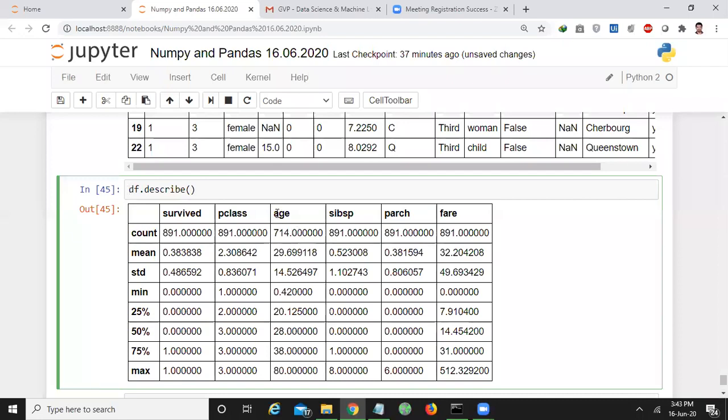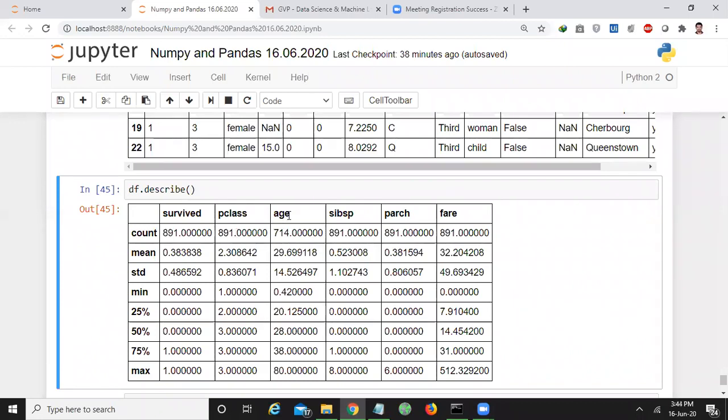For example, if I take this age, here it considers only 714 records. Why? Because actually the total records are 891 here. In our data set, we have 891 passengers' data. We have the survived data of all the 891 passengers. We have passenger class data of all 891 passengers.